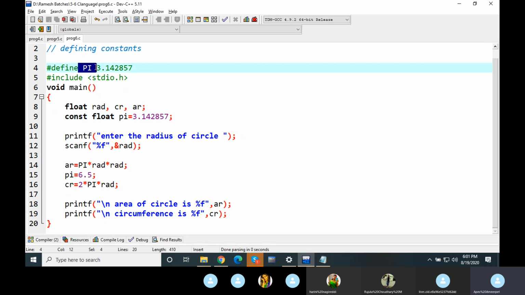Constants are generally declared with capital letters. Although it is not a rule, it is a general standard that is followed. Like on the road, what is the general standard that we follow? We walk on the left side. If you walk on the right side also, there is no problem. Okay, but going on the left side is a proper way. That's a general procedure. Common nomenclature followed by everyone.